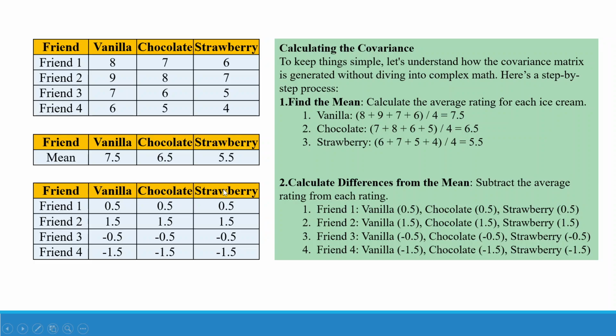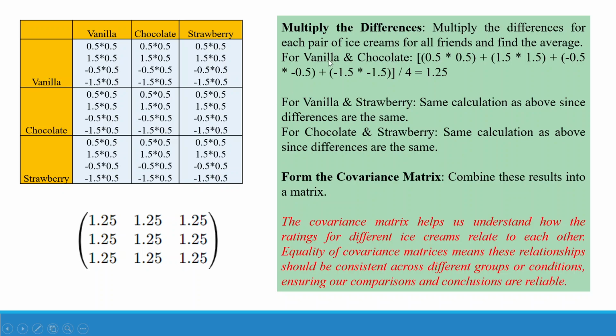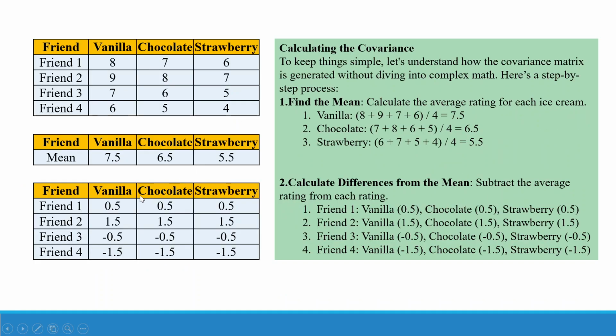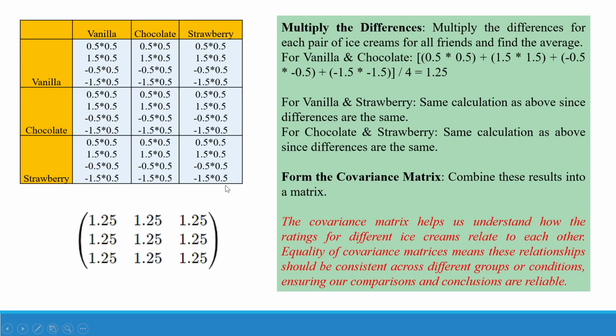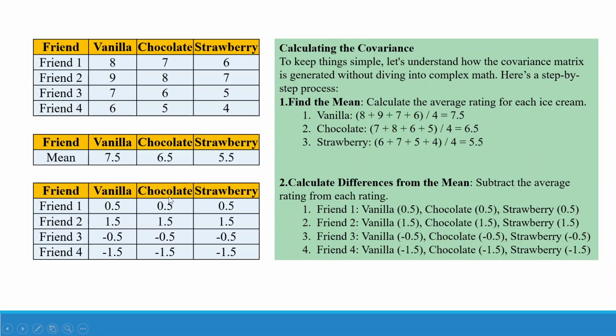The next thing which we have to do is multiply the differences. We want to see the covariance. So I want to see the covariance between vanilla and chocolate. I will multiply 0.5 with 0.5, 1.5 with 1.5, minus 0.5 with minus 0.5, minus 1.5 with minus 1.5. This is for vanilla and chocolate. Now for chocolate and strawberry, 0.5 with 0.5, 1.5 with 1.5, minus 0.5 with minus 0.5, minus 1.5 with minus